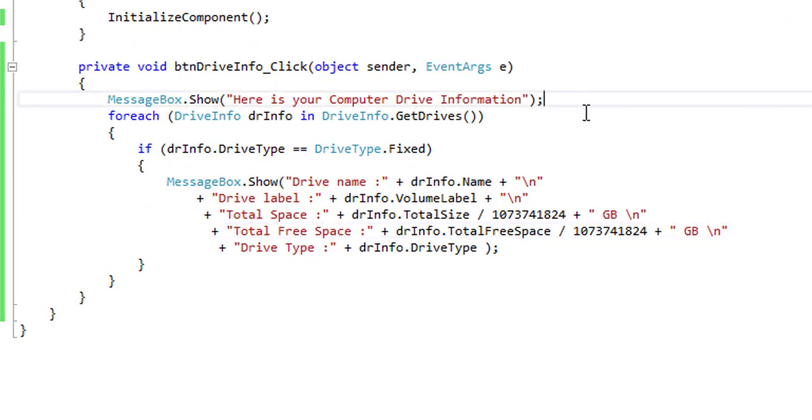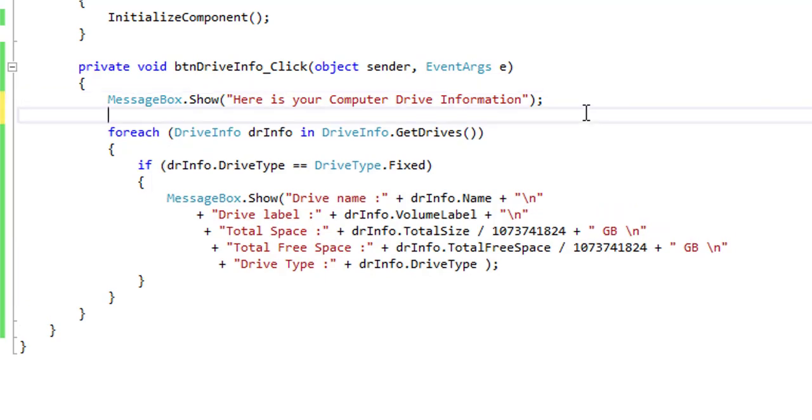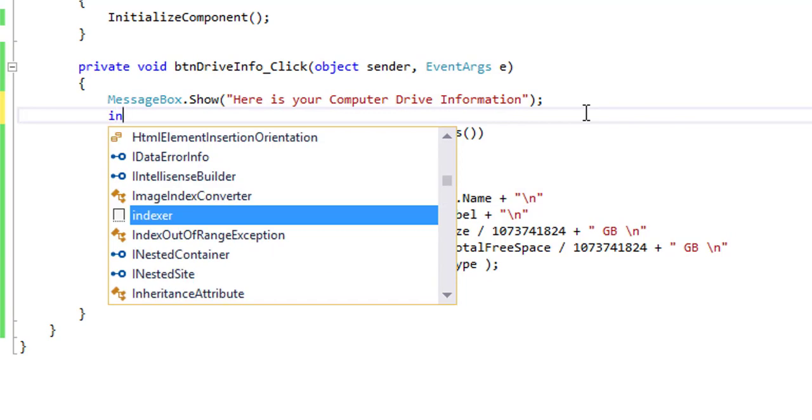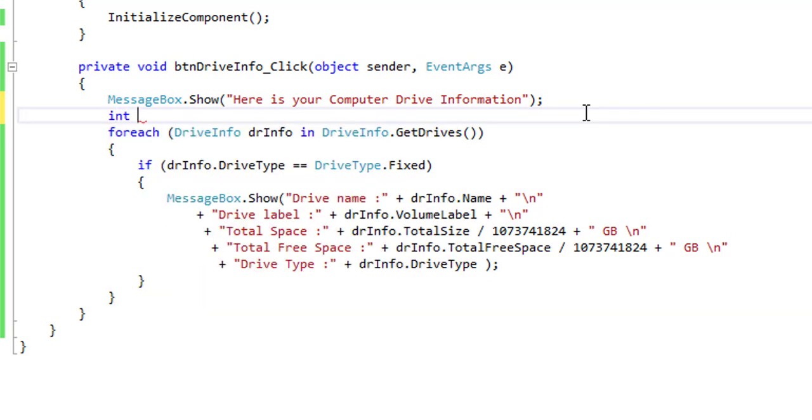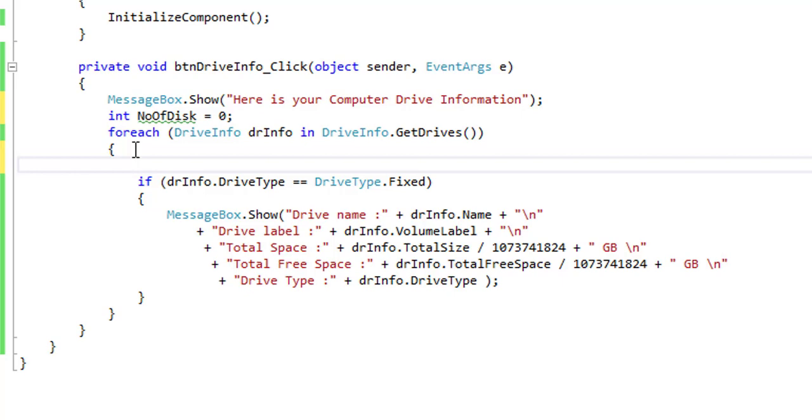We can also get the number of the drives by getting the for each loop iteration number. That's why I will add an integer variable, integer number of disk equals to 0. It will increase by 1 every time.